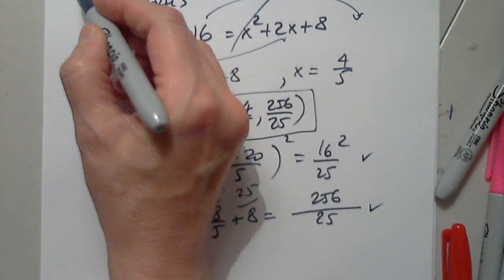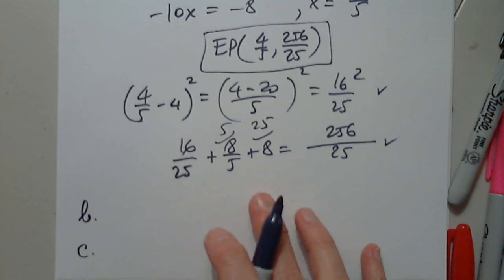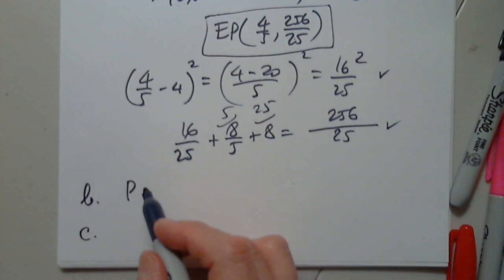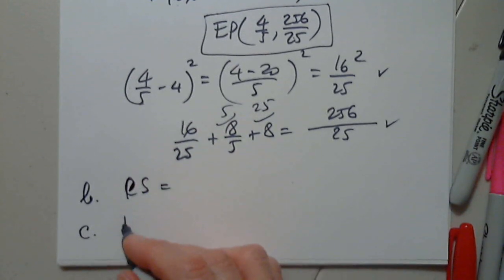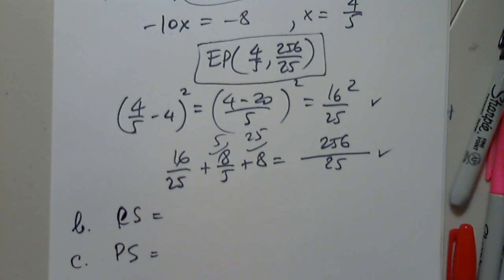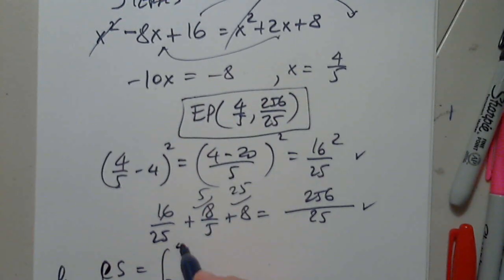So that was part A. In part B, we have to, in part C, we have to find the producer surplus. First consumer, it doesn't matter. The order is not important. And producer surplus. The consumer surplus is the integral from 0 to 4/5